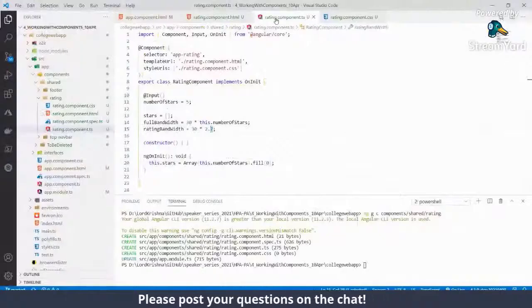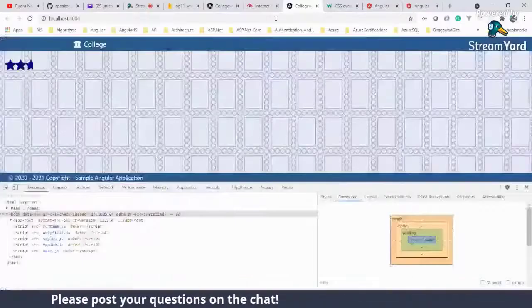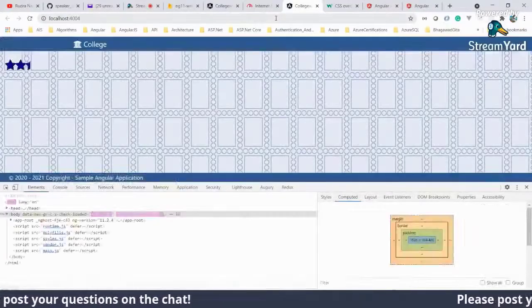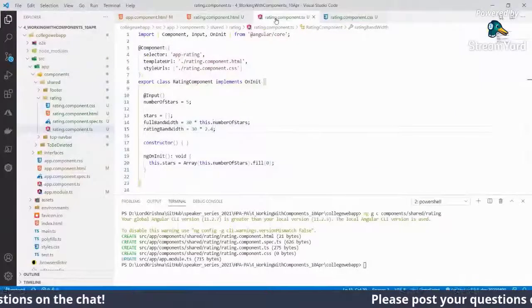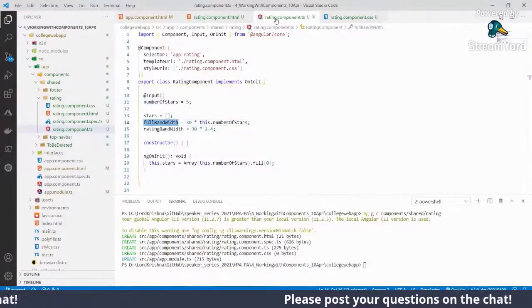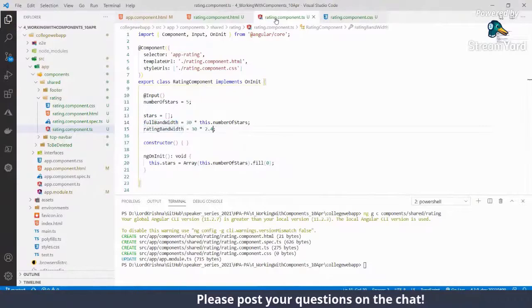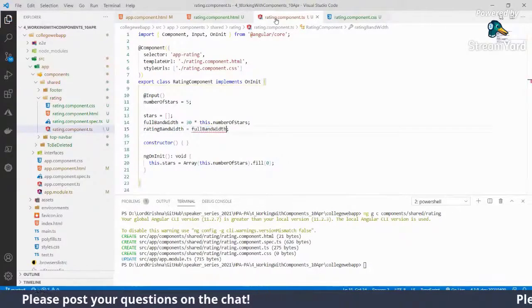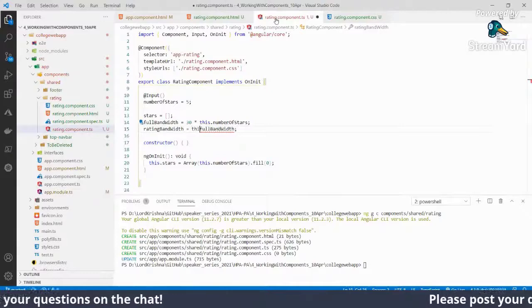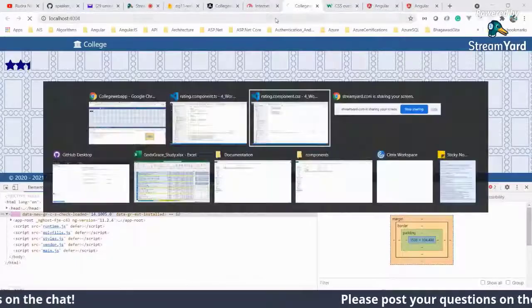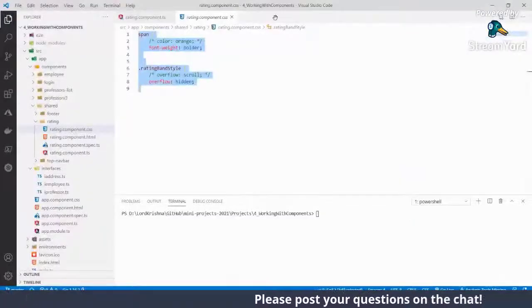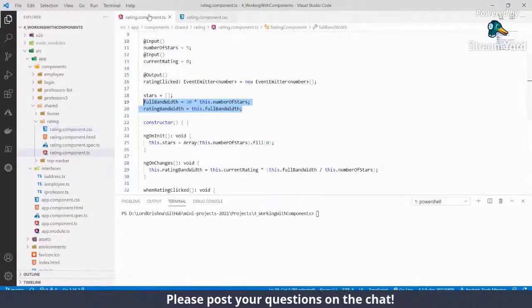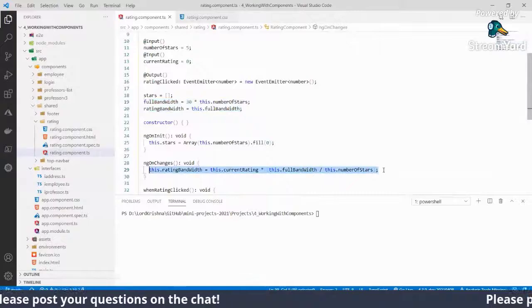Now if someone has given 2.4, based on that it does it. Okay, so this is a full bandwidth. Based on that we are creating the full bandwidth, and that's an initial bandwidth.